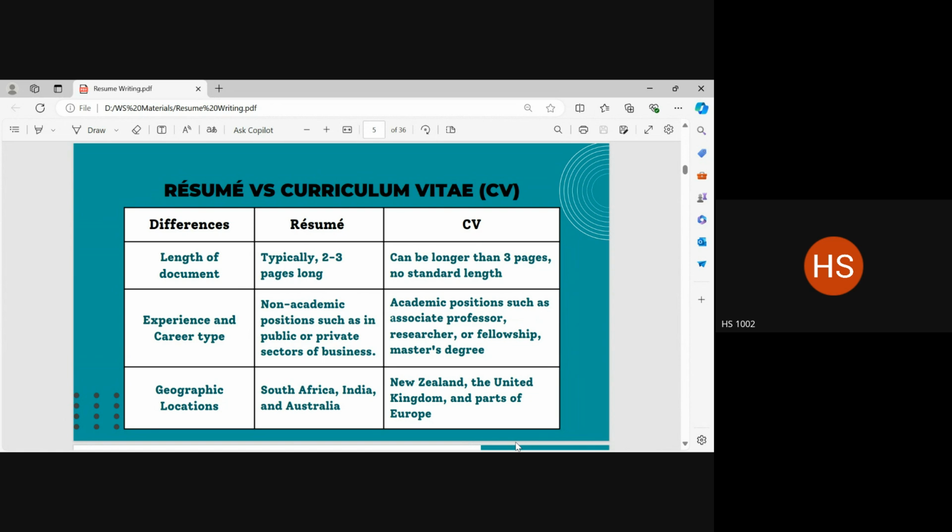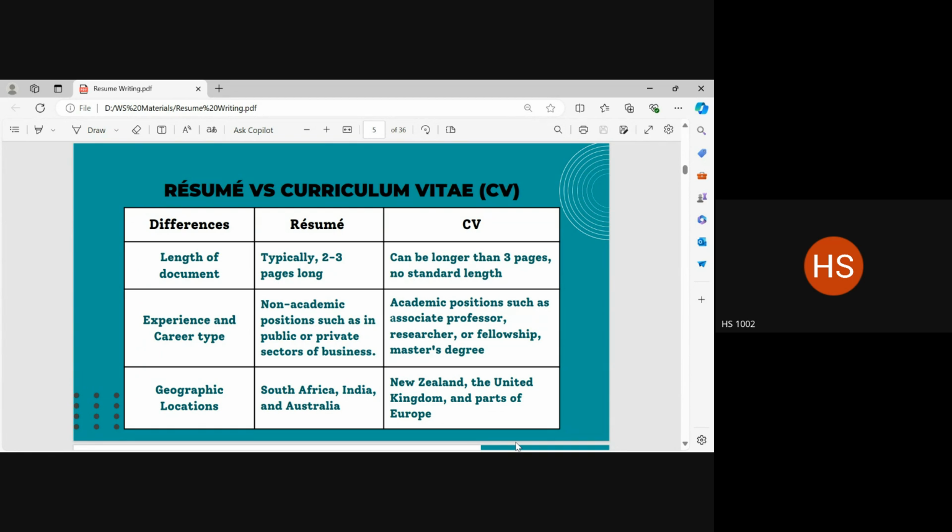It can be the position of a teacher or a professor or a lecturer. It can be the position of a researcher. It can be something that you're sending out in order to have a fellowship or a studentship as part of your university education. It can be something that you are sending out for your master's degree application. So there are specific roles associated with teaching and learning and researching in academia, which require you to use a CV